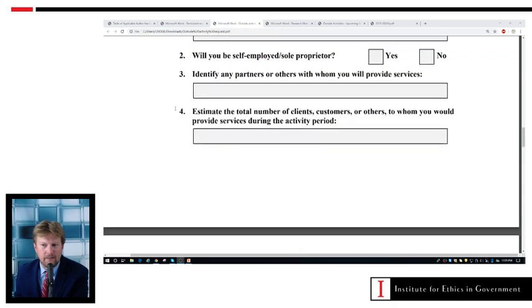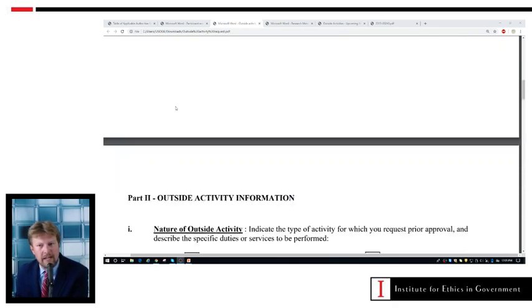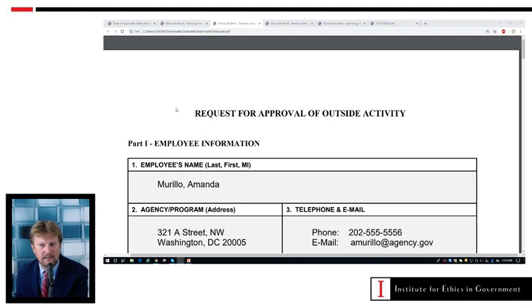So this is really the request. This is the thing that we would receive from an employee who is seeking advice, and that is the request for outside activities. If your agency doesn't have a prior approval requirement for outside activities, you may have to get this information through some other means. It may be necessary for you to follow up with an employee. They say, I'm interested in serving on this board. You may have to go back and get a whole lot of information. And you can use this request form as a possible solution or a possible template or guide for the kinds of information that you should receive prior to